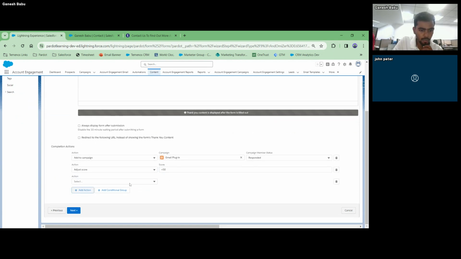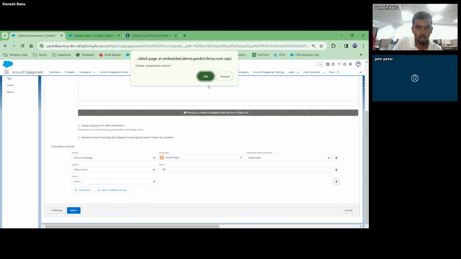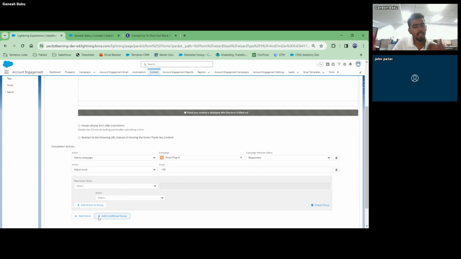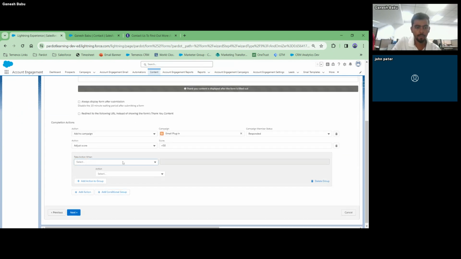And in a similar way, whatever response you want to select, whatever actions you want to do, you can do. And if you want to do some conditional action, let's say for example, like CRM status, yeah.